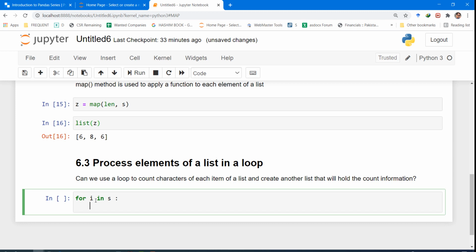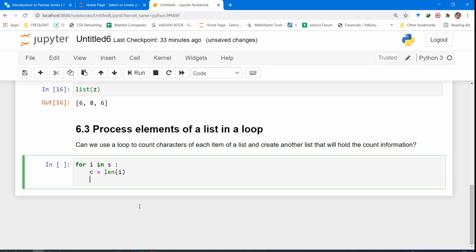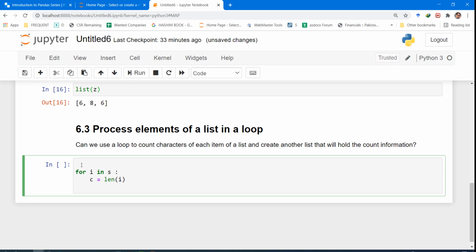I shall create a variable, let's say C is equal to len, and since we are using variable I, the first item of the list will be len I. Then, before entering the loop, I would like to create an empty list.